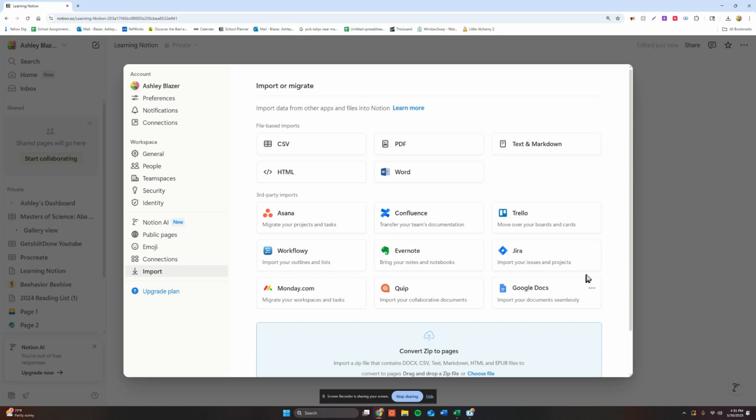Now, from here, if your Google Docs has not been set up through anything else you would have done, it's going to ask you to do so. So you'll go down here and click on Google Docs, and then there's going to be a menu, and it's going to ask if you want to connect a Google account. You'll connect a Google account and then go through giving the permissions for it to connect, and then it will